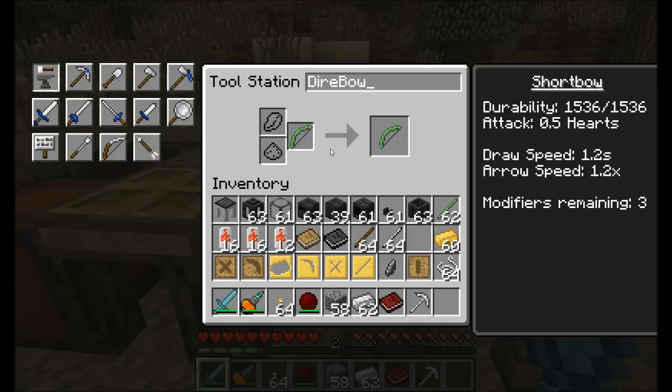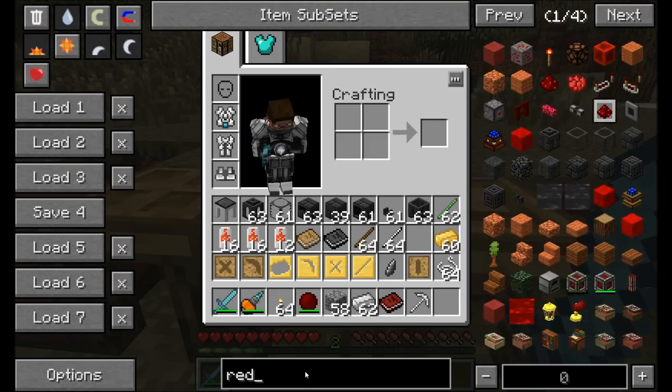It does not affect the arrows that are shot from the bow. The arrows are the things doing the damage, so you want to probably put your modifiers on the arrows. So what kind of modifiers might we want to put on the bow? Well, we could put like the repair one or the enhanced durability, or in particular, probably the best one to